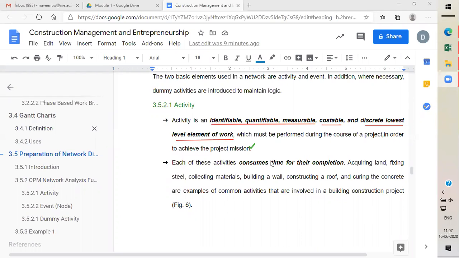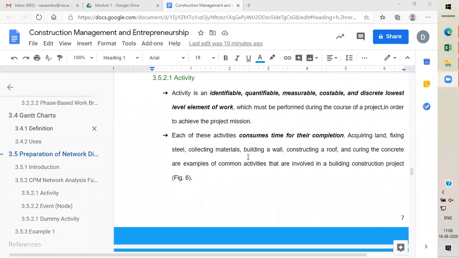The main objective, goal, or mission of the project can be executed using this basic fundamental activity, which takes place continuously throughout your project. That is what is called an activity. Next, these activities basically consume the time that is required.